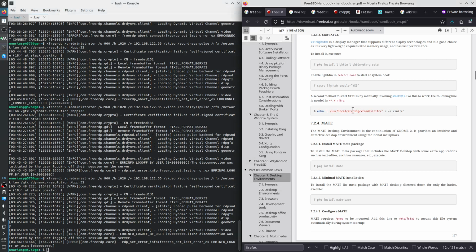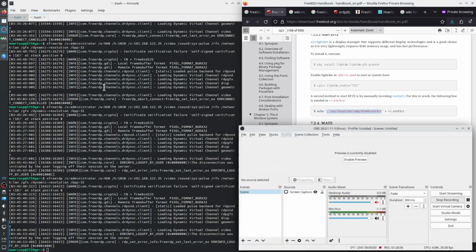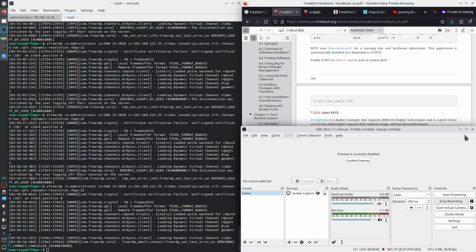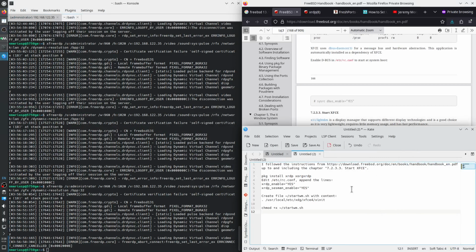Okay, so I'll look at what configuration file needs to be edited and how, such that this /usr/local/etc/xdg/xfce4/xinitrc happens automatically. Just a second. Okay, so I have